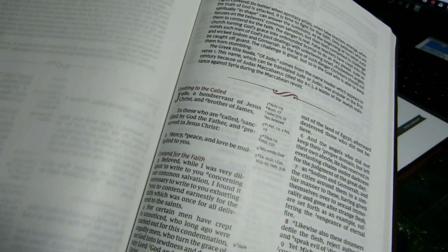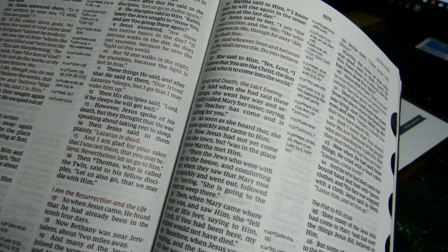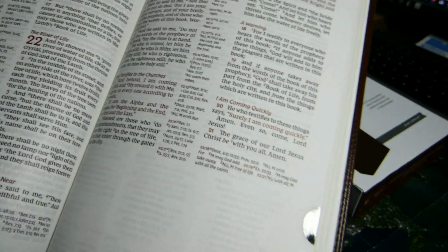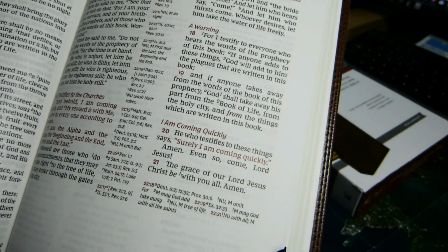The words of Christ, as we noticed, are in red, and they're in red throughout. This red generally is fairly dark. I wish it were darker, but could be much worse, as we've seen looking at that older Bible. Now, in contrast with the large print Thinline reference edition, which I reviewed about a year ago, this edition,